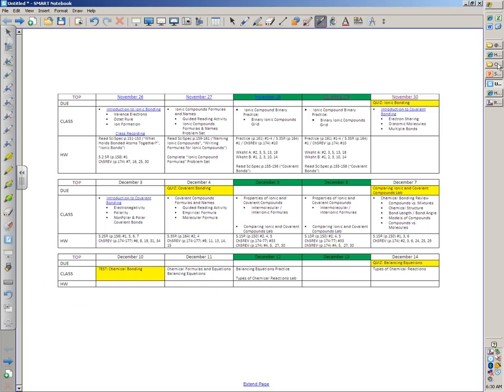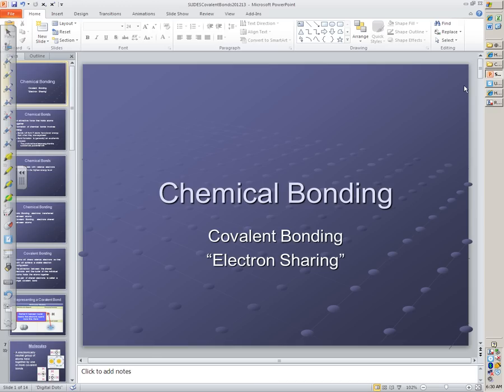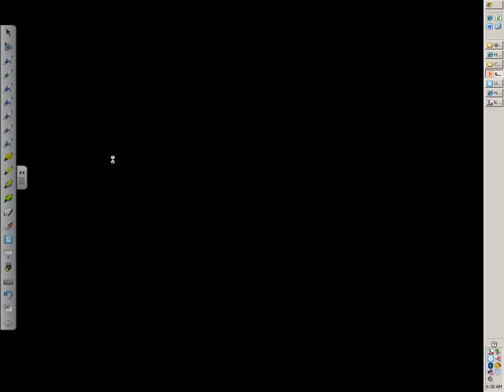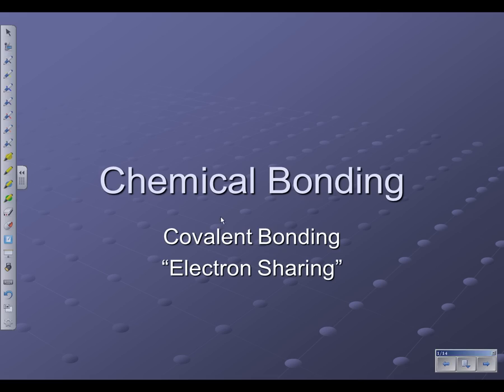So that's the calendar. But today, we wanted to get started on chemical bonding, but specifically covalent bonding. And as you can see here, it says electron sharing underneath. All right? So, starting off,